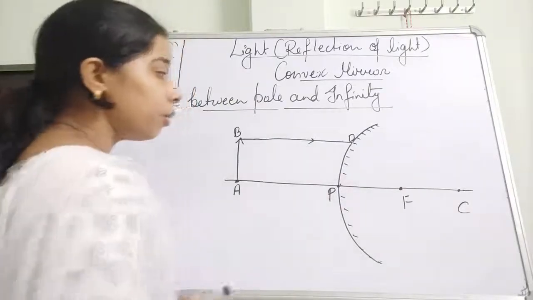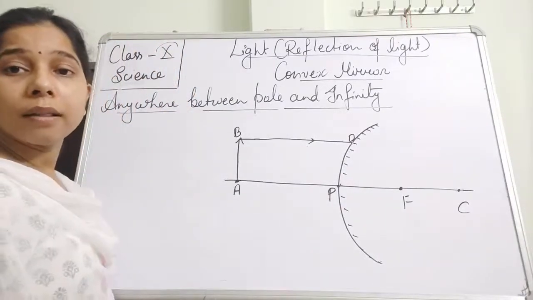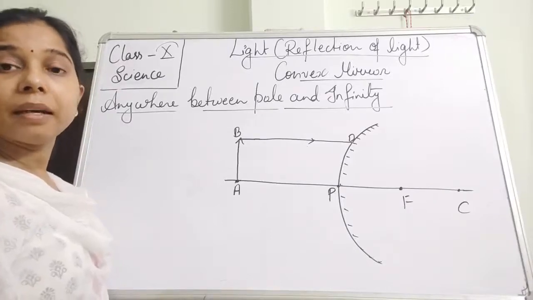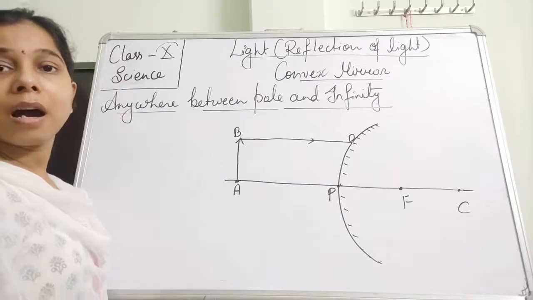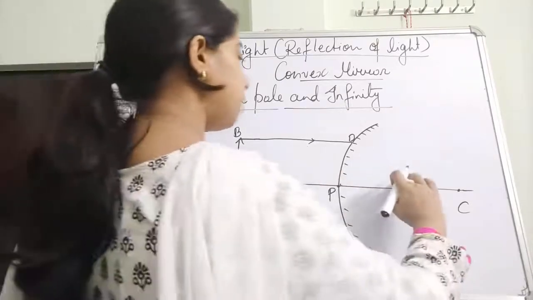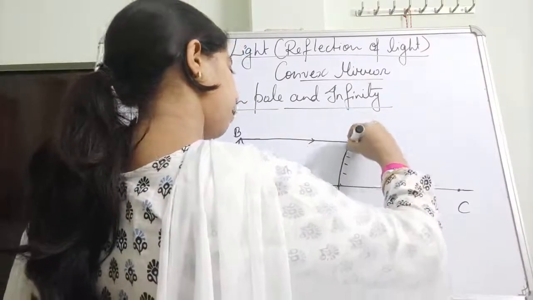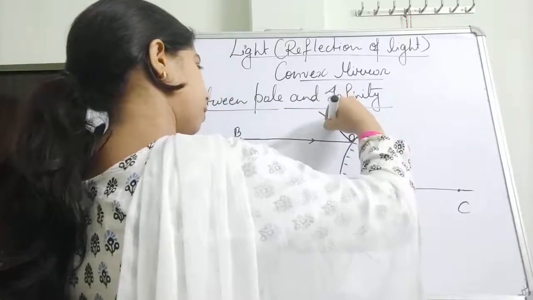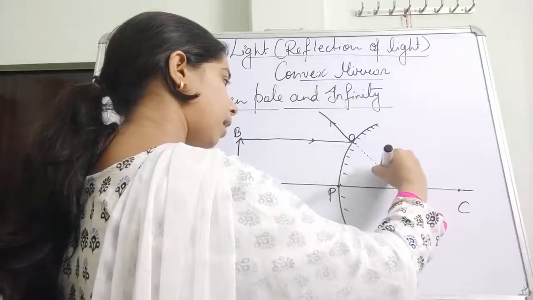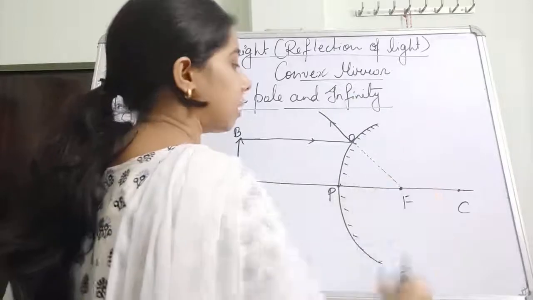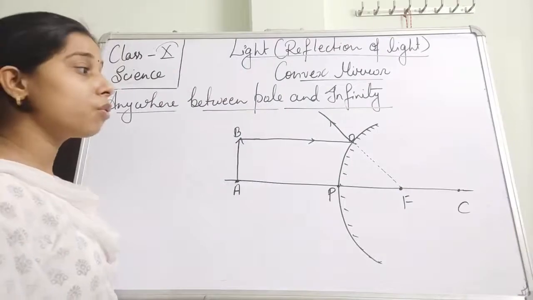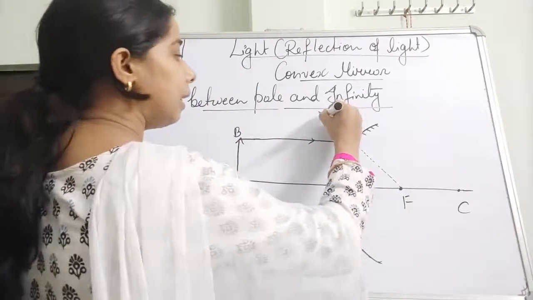You know that according to rule number 1, when a parallel ray of light falls on the reflecting surface, it gets reflected such that it appears to be coming through the focus. So we will see here that it gets reflected, and when we stretch a line behind the mirror, it seems that it is coming through the focus, students. This is rule number 1. So this DE, suppose this is